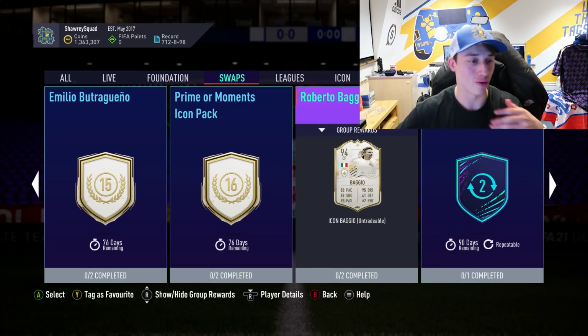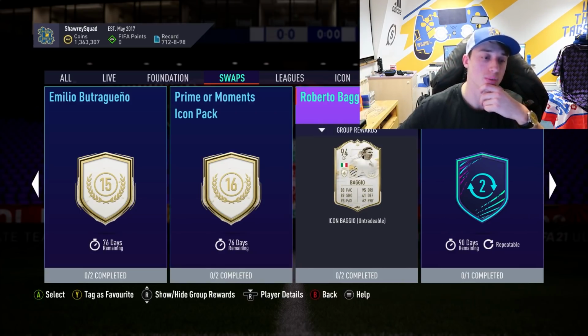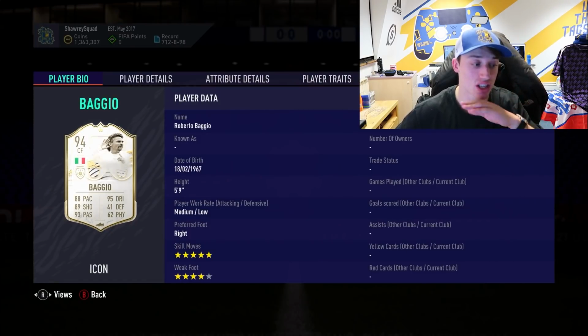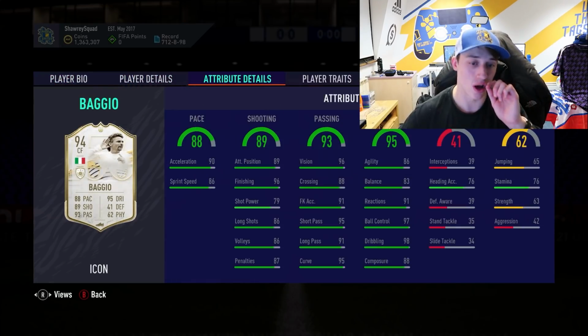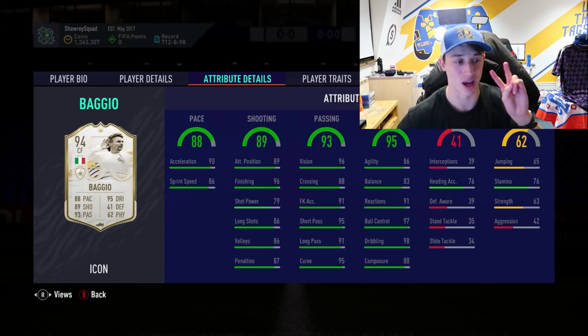Now, finally, finishing off with Baggio for 17 tokens. Again, not the worst thing in the world. 5-star skills, 4-star weak foot. It's very good. 5'9". Great pace, great shooting, great passing. Quality dribbling. The 86 agility on Baggio along with the 76 stamina are 2 stats that really disappoint me with him,